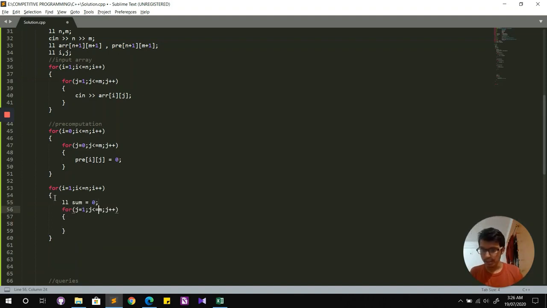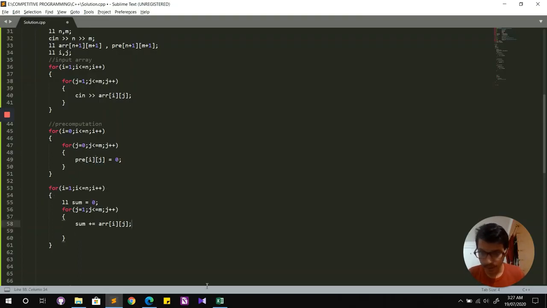I'll make a variable sum, and while I'm iterating the elements in that row, I'll increment it with the current element. Cool. Now we have to fill this prefix sum in my pre-computation array.